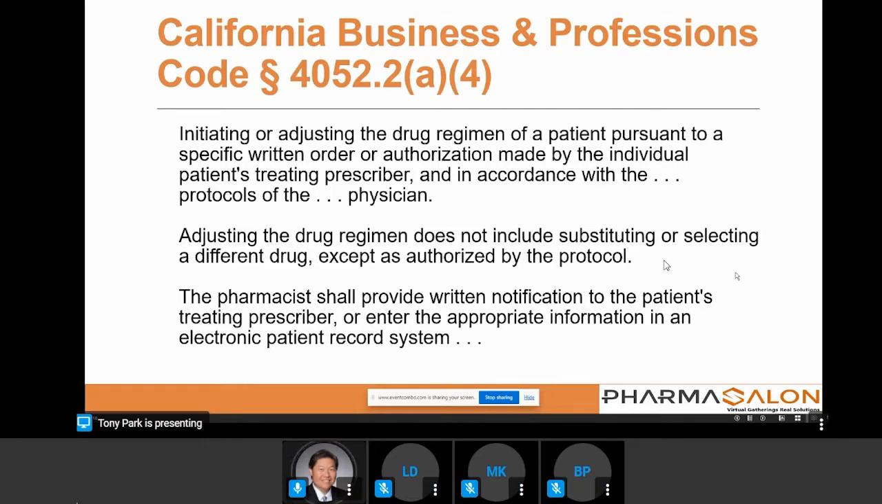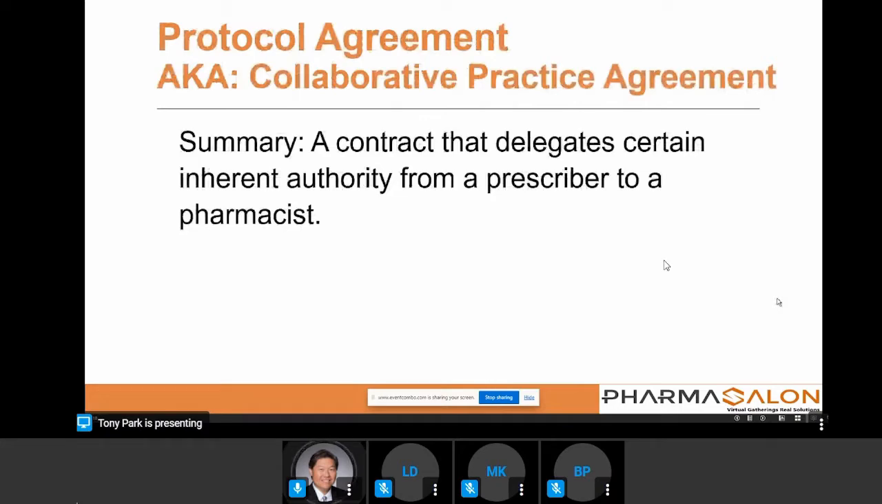And then after initiating, amending, and discontinuing drug therapy happens, there has to be a subsequent follow-up, at least a written notification from the pharmacist to the prescriber about what exactly happened. So with regards to the specific contract now, all right, there needs to be a contract,